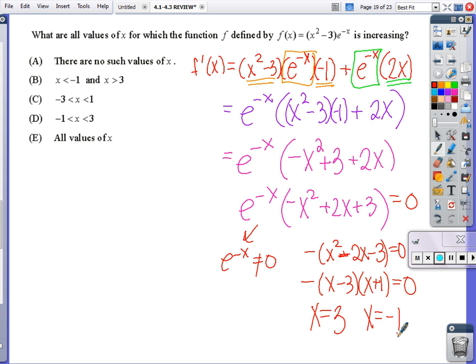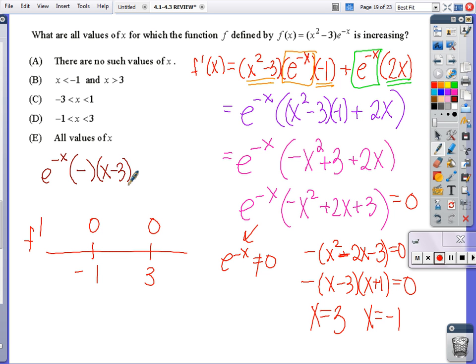Now that we have those values, I want to know where f is increasing. F increases when f prime is positive. Let's see. So I'm going to put in negative 1. I'm going to put in 3. So the most factored form would look like e to the negative x times negative times x minus 3, x plus 1. Really, I should move this negative to the front, but it's going to stay there for a reason. The reason I'm leaving it there, because I know e to the anything is going to be positive always. So I'm only going to use what's highlighted to the right